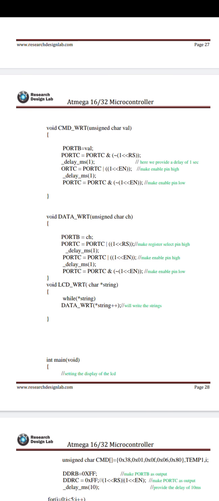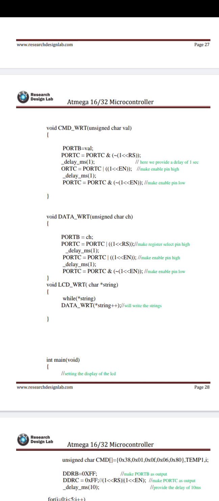Then the void data write function with an unsigned char, PORTB is equal to ch, that means the character. PORTC is equal to PORTC or 1 << RS, that means the register select pin is high, that is 1, delay, PORTC is equal to PORTC or 1 << enable, that is the enable pin is high, delay, PORTC is equal to PORTC and negation of 1 << enable, that is the pin is low.